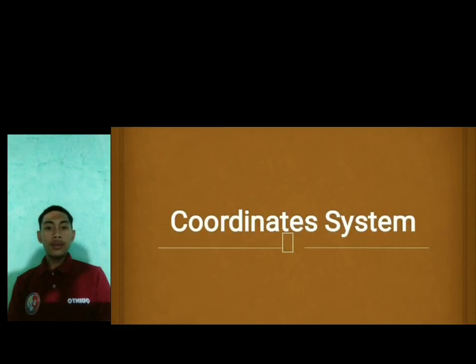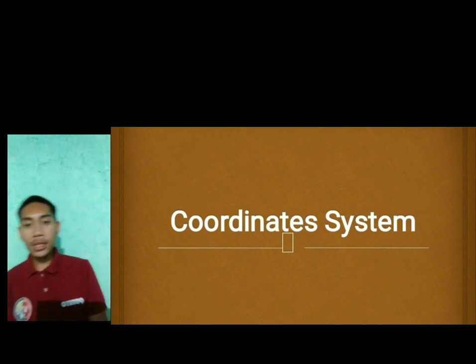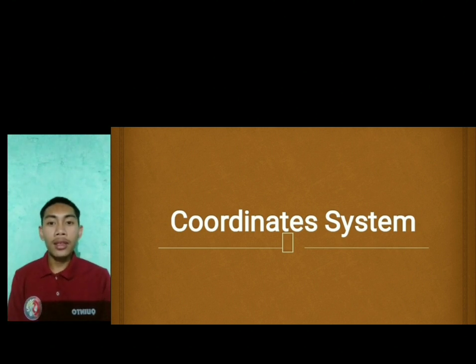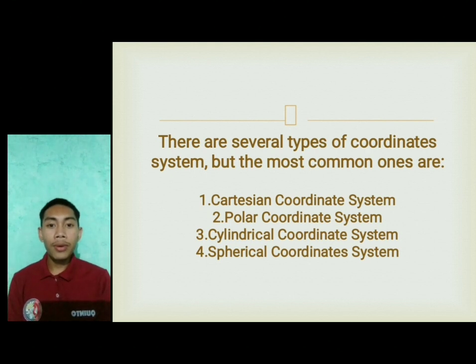A coordinate system is a mathematical framework used to represent points in space. It provides a systematic way of assigning numeral values called coordinates to each point in a space. Coordinate systems are commonly used in various fields including mathematics, physics, computer graphics, and navigation. There are several types of coordinate system, but the most common ones are